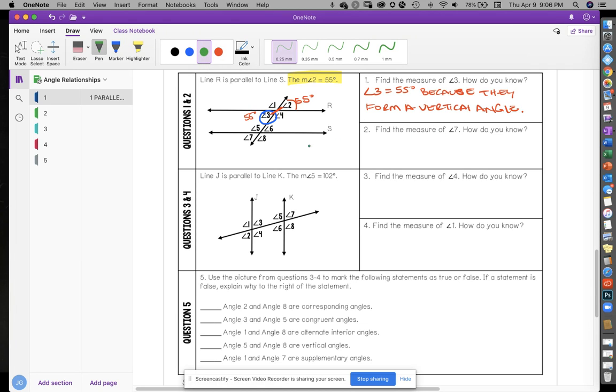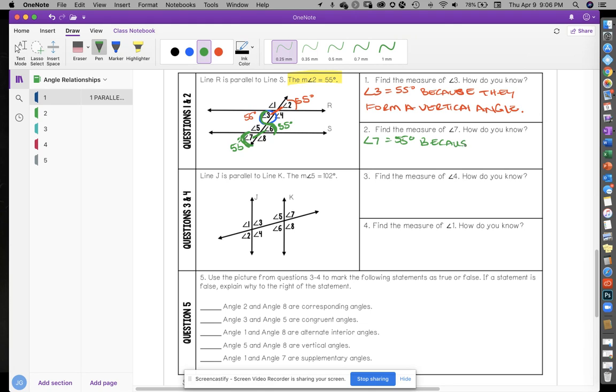All right, let's look at number 2. Number 2 says find the measure of angle 7. So I need to find this one here. Okay, now this one here, I'm going to say is a vertical angle of 6. All right, now if 6 is the alternate interior angle of 3, then 6 is also 55. And if it's vertical, then 7 is also 55. So I'm going to say that angle 7 equals 55 degrees